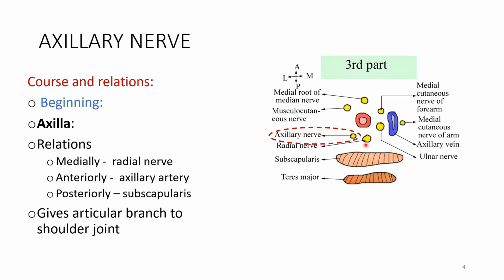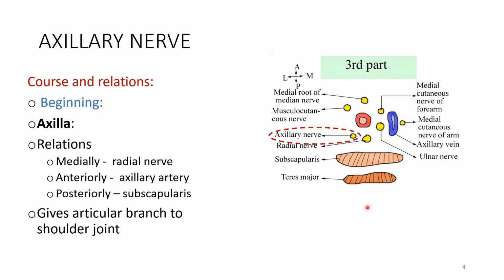You can see the relation with the radial nerve medially, and anterior to it is the axillary artery, and posterior to the axillary nerve you are seeing the subscapularis muscle, and in the axilla it gives an articular branch to